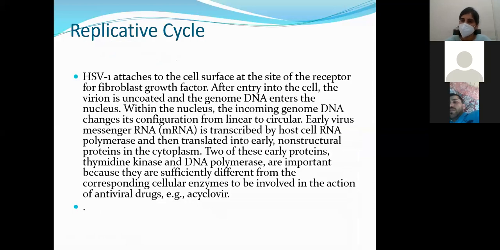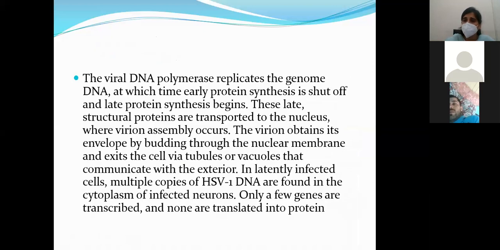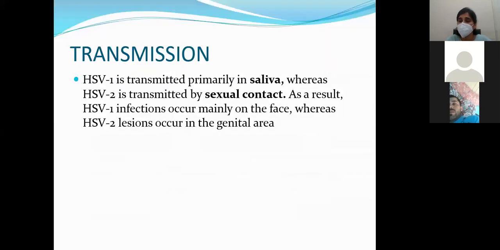And as I told you, herpes simplex virus 1 mostly causes lesions above the waistline, and herpes simplex virus 2 causes lesions below the waistline. In herpes simplex virus 1 infections, we have vesicles mostly on our face and in the mucocutaneous junction. In herpes simplex virus 2 infections, the vesicles are mostly on the genitalia. And what is varicella zoster virus? It causes the primary disease varicella, which is chickenpox, and zoster is the secondary infection.